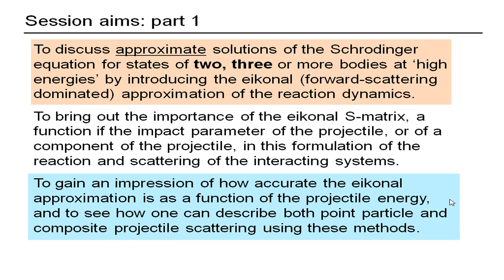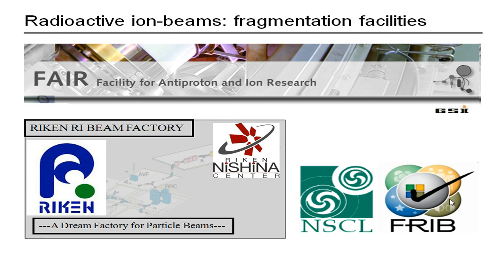Okay, so one of the other things we're trying to do is gain an impression of how accurate this method is, and so when you should be able to use it and when you definitely should not think about using this approximate solution. Okay, so we're talking about, from an experimental point of view, radioactive ion beam physics here